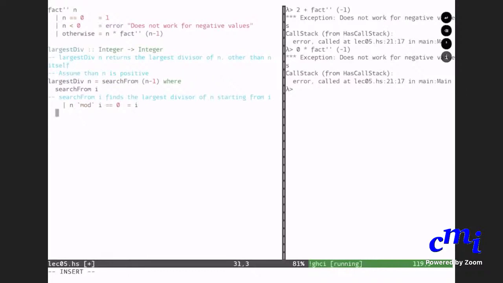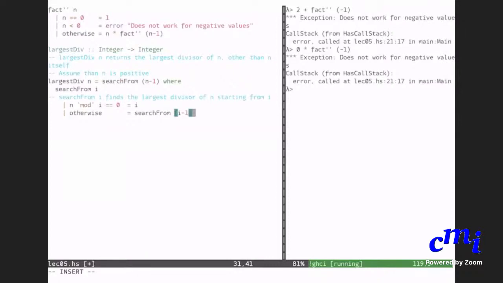That's right. Otherwise, what do I do? We'll go to I minus 1. Exactly. And what is the precise expression you will write here? Somebody else can answer. Neelabjia, you want to answer? Search from I minus 1. Search from I minus 1. Is this clear to everyone?